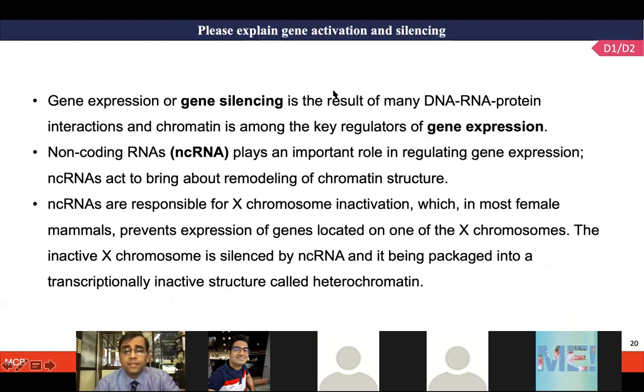So another question, I think the same student has asked another interesting question about gene activation, gene silencing. Although I have explained a little bit of the concept here, I would say that you can wait for these things to come when Professor Rahul Purwar is going to talk about gene expression, gene regulation part. Then these concepts will become much clearer.